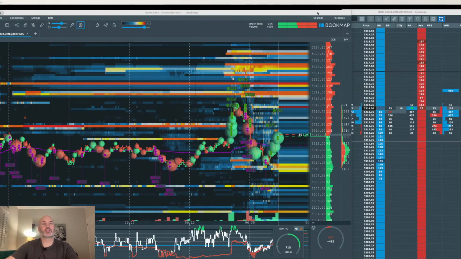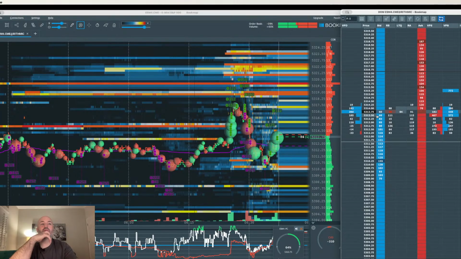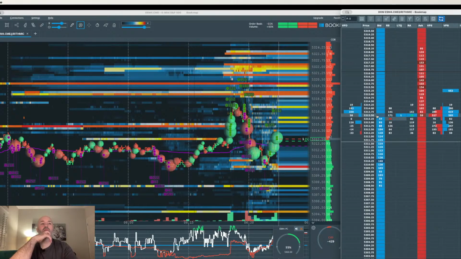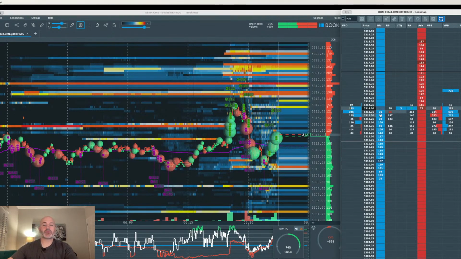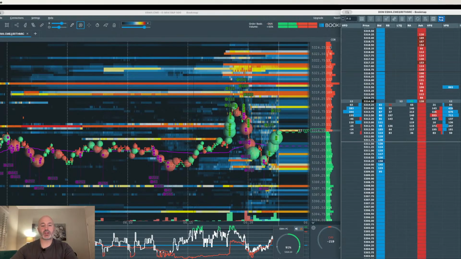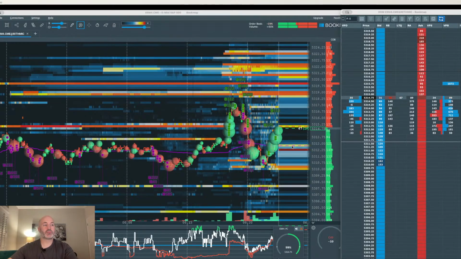All right, so Bookmap, I cleared out the DOM right now. I want to start fresh. I should have done that right at the bell, but I didn't. But there wasn't a whole lot different, so I wanted to go ahead and get a fresh start when the market opens on the DOM. I don't really have a set particular level yet. We still got to develop that. Some major